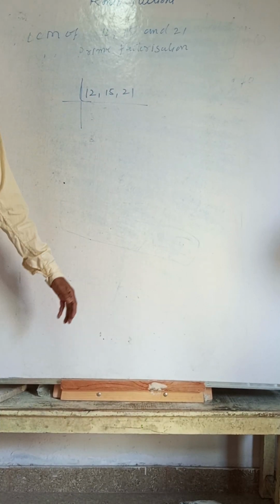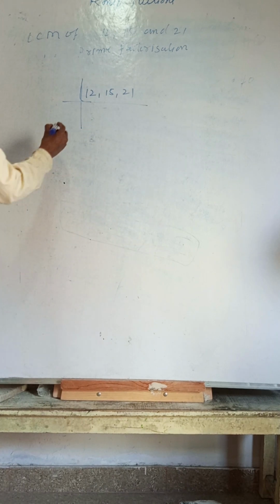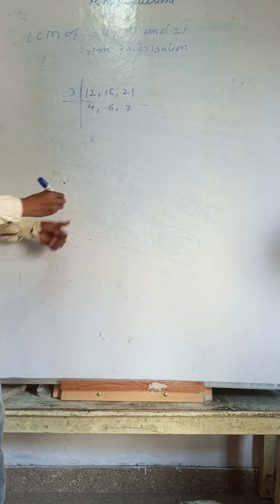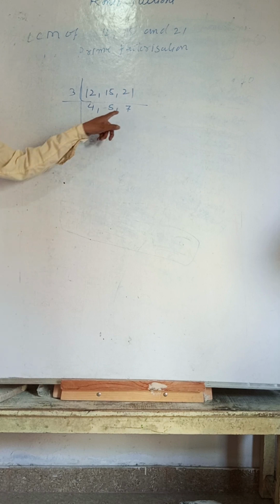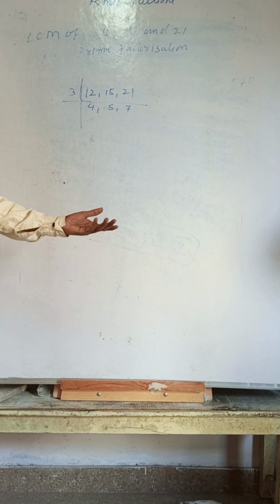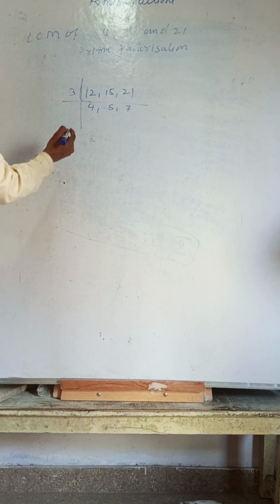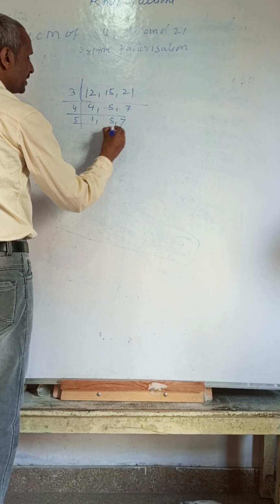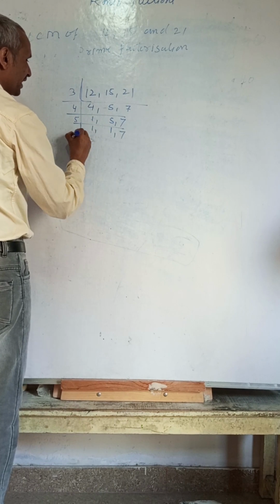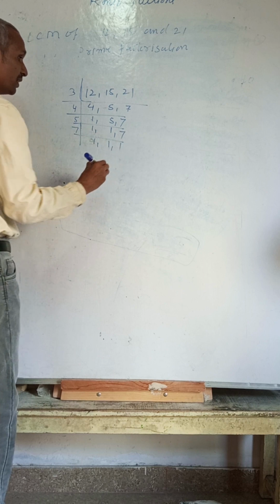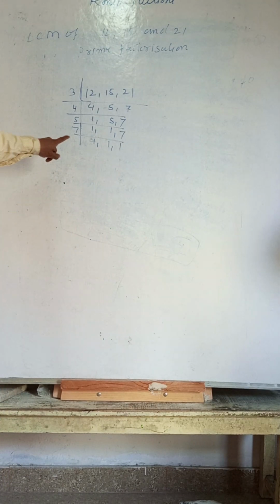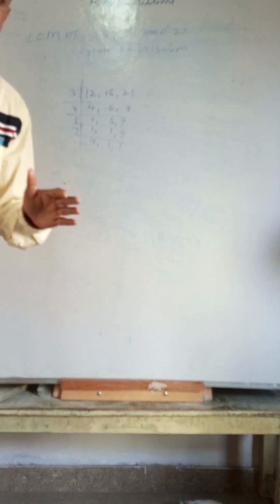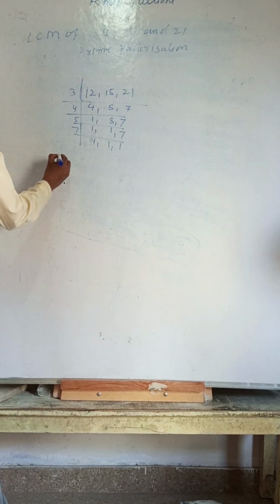In the first step, what number can divide all 3 numbers? You know that 3 can divide them. So here we write 4, here 5, here 7. Now 5 and 7 are prime numbers, and 4 is a composite number. Divide by 4 to get 1, 5, 7. Again divide by 5, so it comes 1, 1, 7. Again by 7, then 1, 1, 1. If the LCM is asked, you have to continue until 1, 1, 1 comes. If the HCF is asked, then only the numbers that divide all of them completely are used. So what is the LCM?